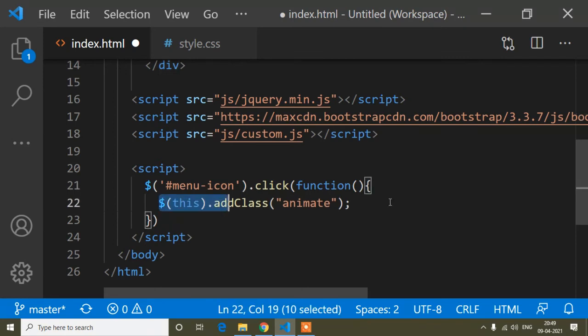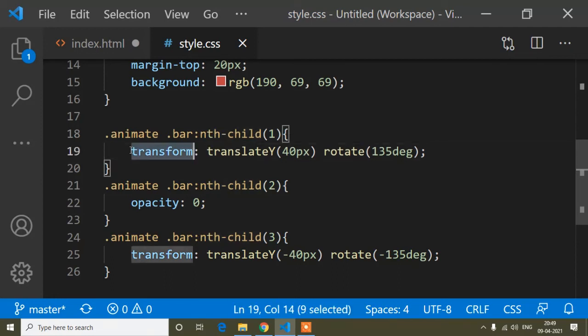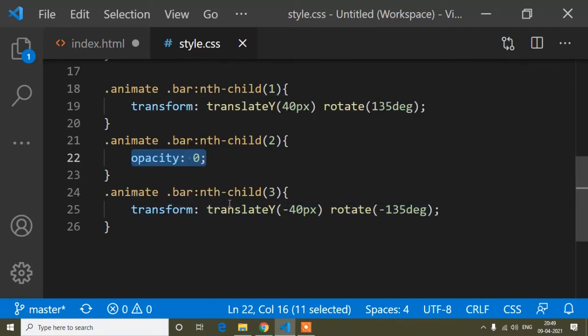that time I will add this animate class, and inside this animate class you can see I have added some CSS properties, that is bar nth child. That means the first line will move and the second child will be removed, because I have added opacity 0. It will be removed from the browser view, not from our DOM, because I have written opacity 0, I didn't write display none.